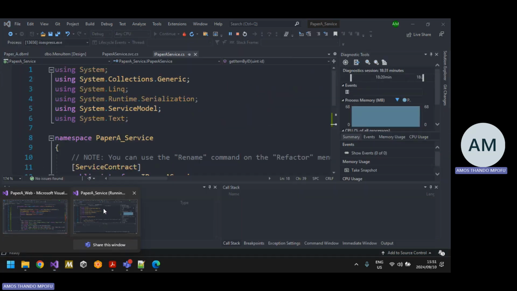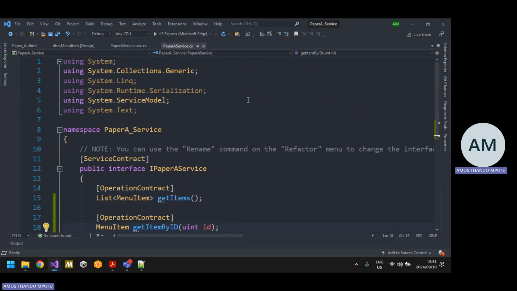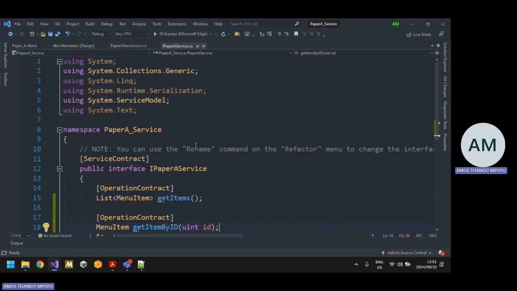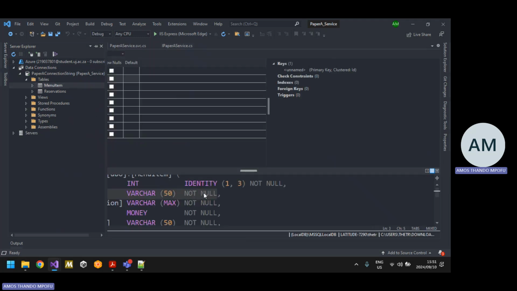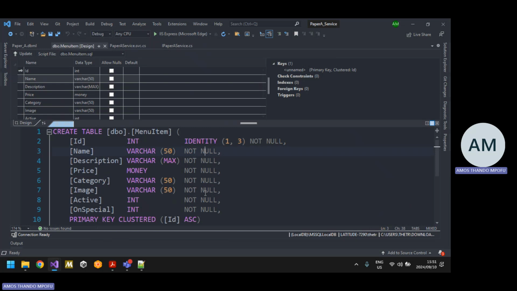So I'm going to go back to my service, stop it from running, and rename. Then I have to redrag. Remember the LINQ to SQL classes. I need to redrag that table after renaming it. Do not forget to redrag. So I'm going to go here. How do you rename? It's not really a hard thing. You double click the table you want to rename, then go down here and scroll down until you find this. This is the name of the table. Then you just change it here to